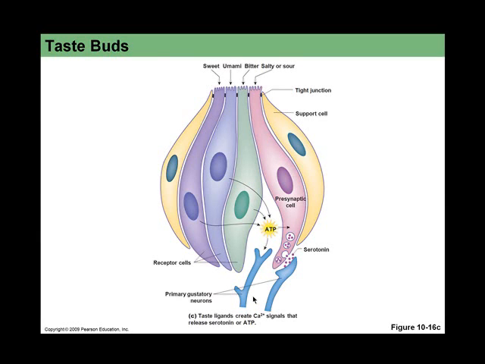And I still get the feeling that something is missing from this story, because we are so able to distinguish between these taste sensations. It's kind of hard to believe that ATP from all the remaining three types, the bitter, the umami, and the sweet,